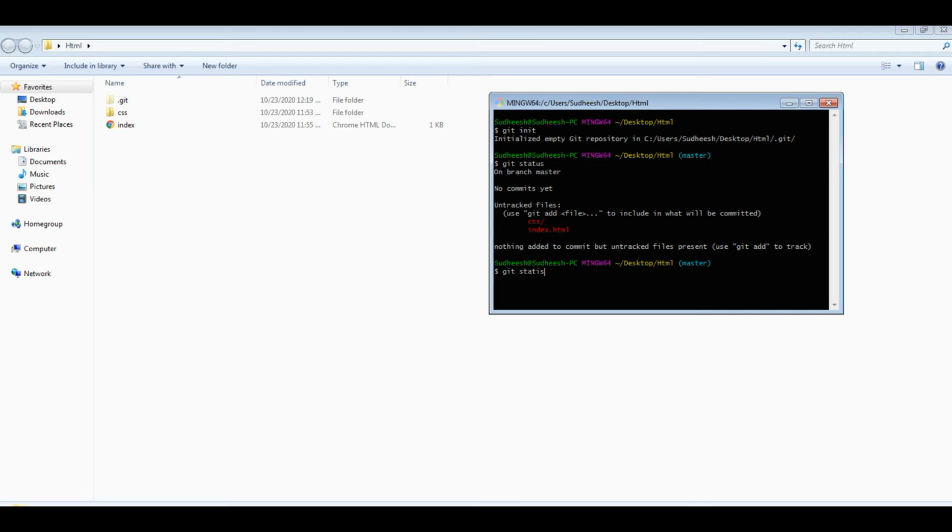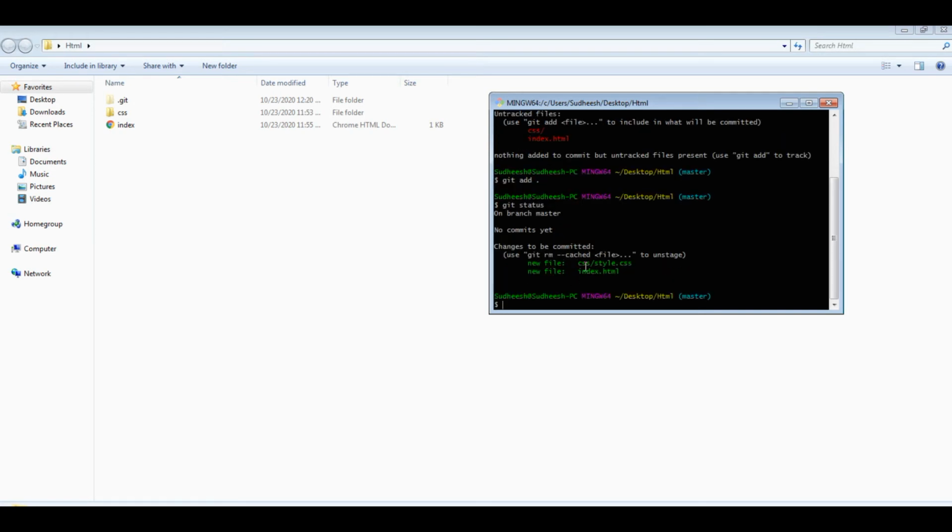So git status, git add dot means we are adding the entire folder to Git. So we have added all the documents, so we can check this git status. We have changes in the document, so we have staged this.